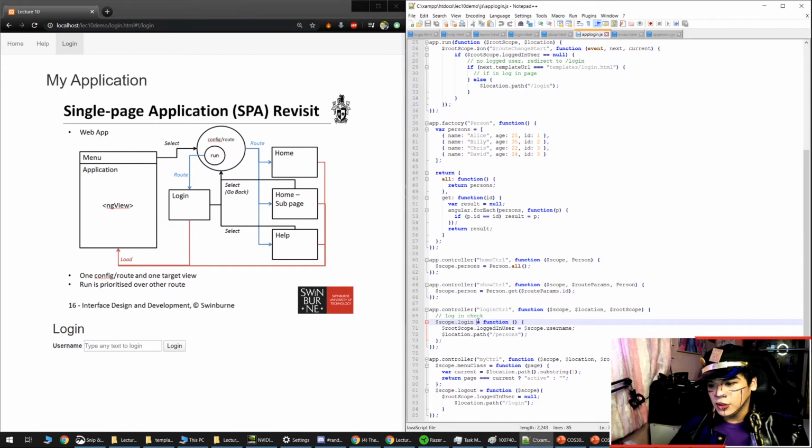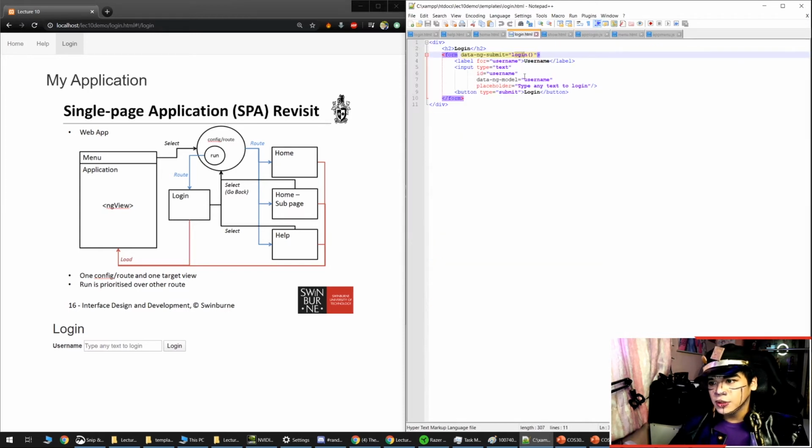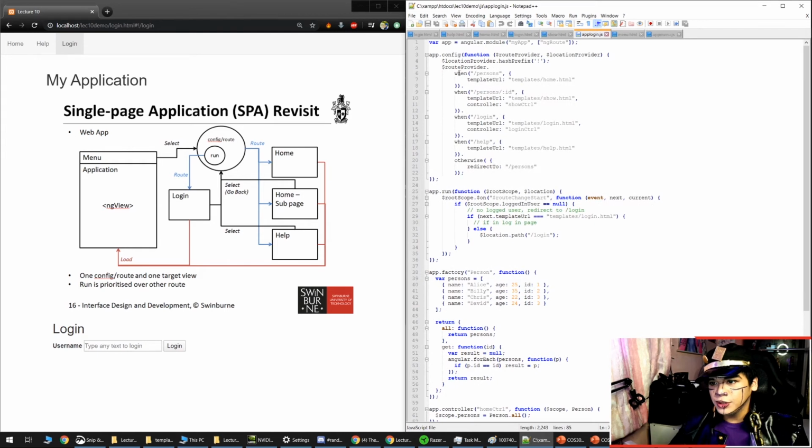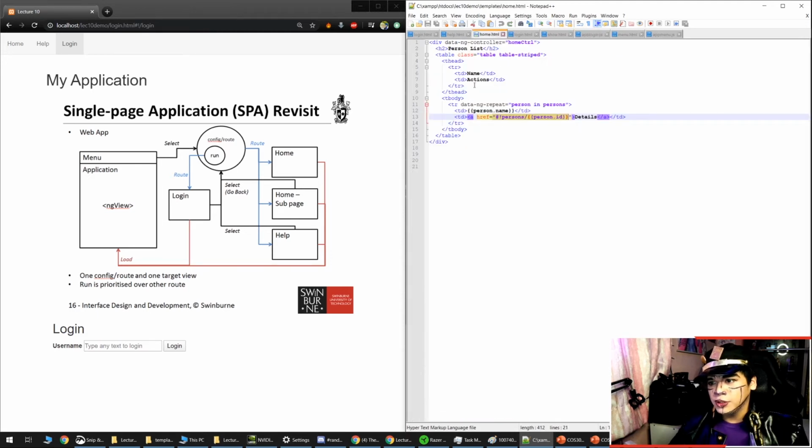What the scope login does is assign the root scope login user to the scope.username, which is this thing. So it will assign to the login user and then route you to the person over here, which loads the template